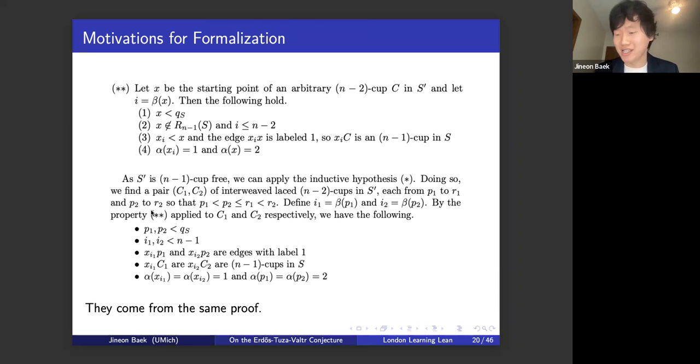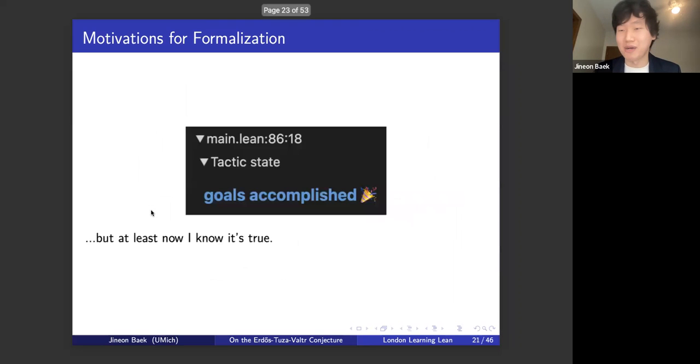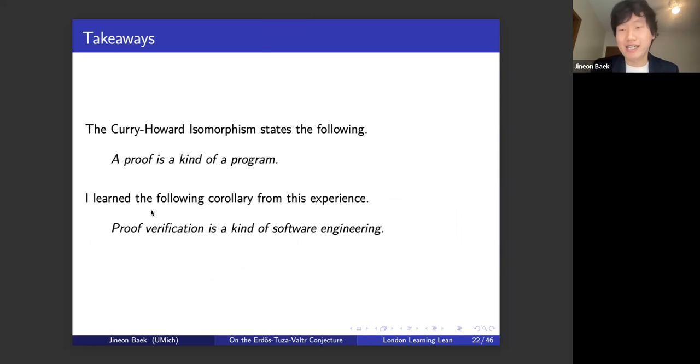And I was also worried, not exactly a doubt, about the possibility that the whole proof could be wrong, because I might have missed one of the conditions. So at least with formalization, now I'm quite confident that it's true. So the formalization is done. And I think this is more important. So after formalizing all of that,